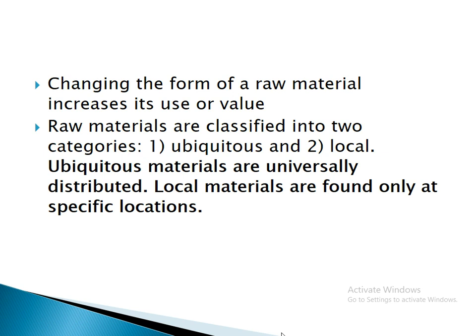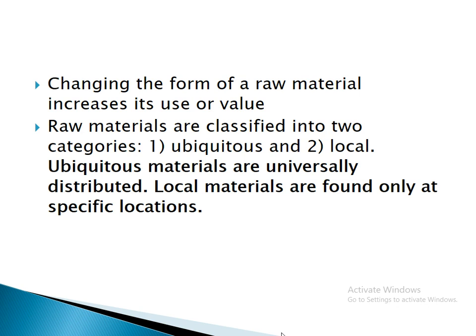Only localized raw materials attract the production, and products comprised of these ubiquitous materials will usually be produced near the market locations to reduce the transportation cost. Like we have the garment industry where the cotton production is more, such type of things. Like in Solapur, we have those special types of cotton sheets and sleeping materials available there. So the classical industrial location theory is founded on the work of Alfred Weber.